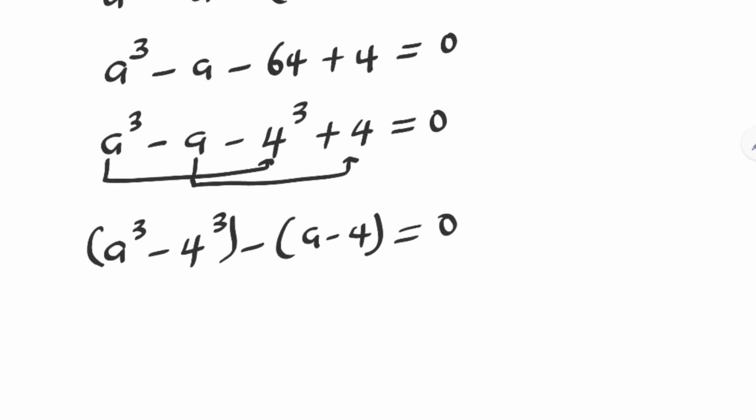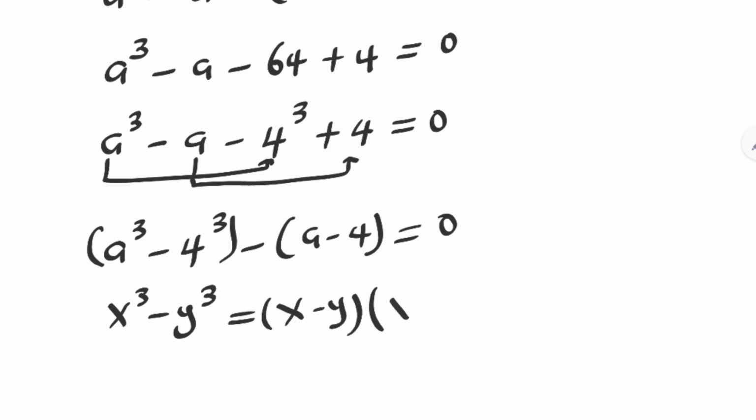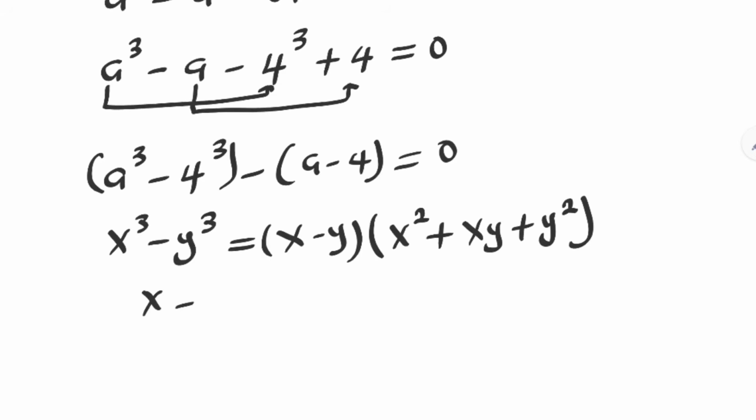Take note of this, that if you have x raised to power 3 minus y raised to power 3, this is equal to x minus y bracket x square plus xy plus y square. Now where x is equal to a and y is equal to 4,